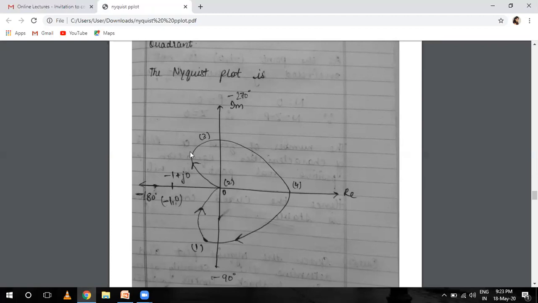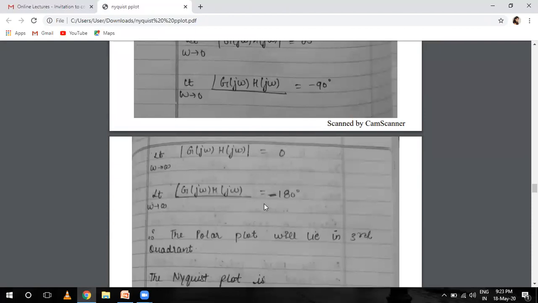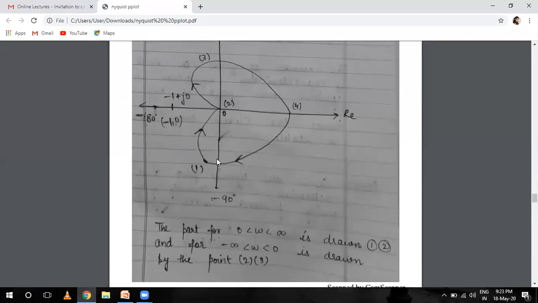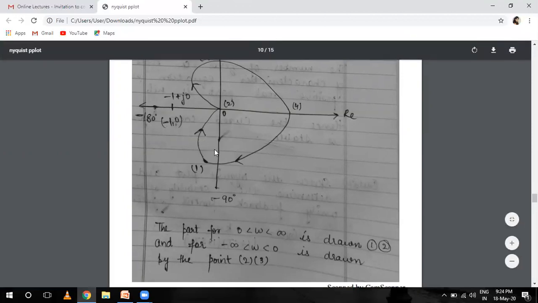So draw its mirror image. तो ये आपने उसकी मिरर इमेज ड्रॉ की. ये पहले आपका पोलर प्लॉट है, आपका -90 से -180 जा रहा है, एंड ओमेगा की वैल्यू जो है 0 से इन्फिनिटी वेरी करेगी. फिर भी मैंने इसके नीचे एक्सप्लेनेशन लिखी है, देखिए. The part of the omega when it is between 0 to infinity is drawn 1 and 2. ये तो मैंने ड्रॉ किया when omega is between 0 and infinity,